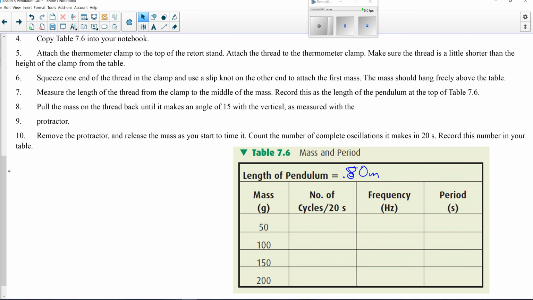So on my pendulum here, I would probably say I want to measure from right here because this is the pivot point to the center of the mass. Okay, that is where the length of your pendulum is always measured to, the center of the, what's the mass called? Starts with B, first name,